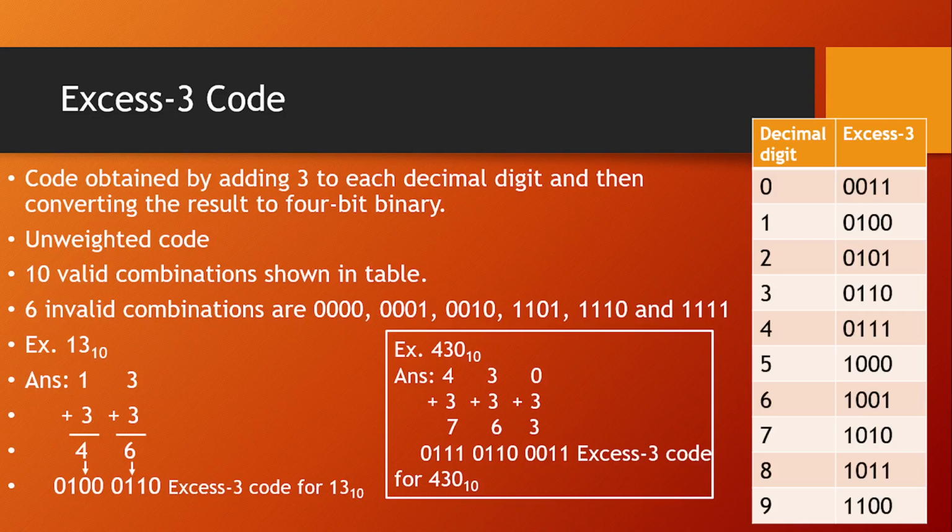So we have studied the conversion of gray to binary and binary to gray, and then another unweighted code, that is XS3 code. We have to add simply 3 to each decimal digit in a decimal number, and convert the sum into its equivalent 4-bit binary number, and write down each sum as an equivalent 4-bit binary number. The obtained string looks somewhat binary, but it is the XS3 code of the decimal number.